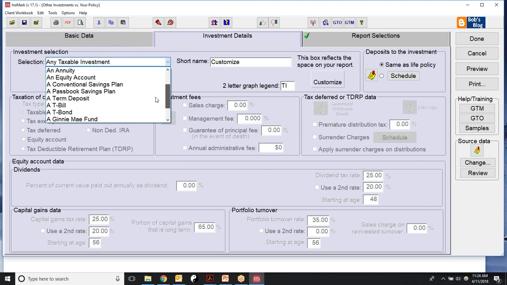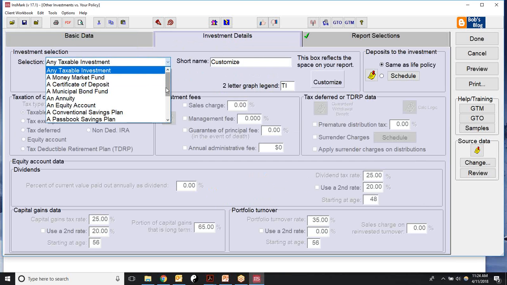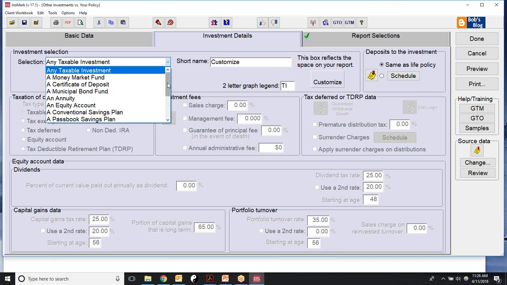So let's see, I want to do, let me see, any taxable investment or okay, when it comes to the investment option selection, it seems that when you link over an insurance policy,